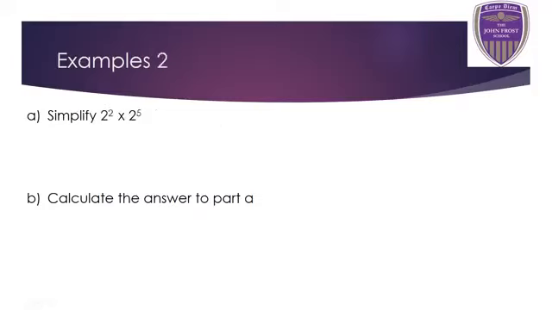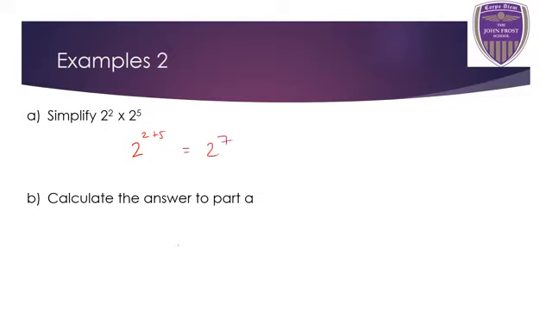Okay, similar sort of thing for this example then, please. So copy this down and press pause when you're ready to go through it. So it says simplify 2 to the power of 2 times 2 to the power of 5. Well, we know it's multiplying this time, so we're adding the powers. The base numbers are the same, so it's 2 to the power of 2 plus 5, which is 2 to